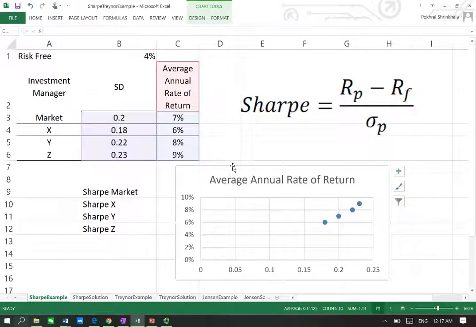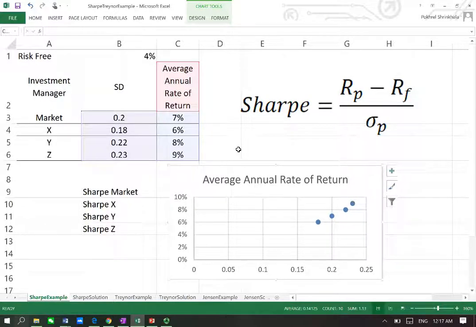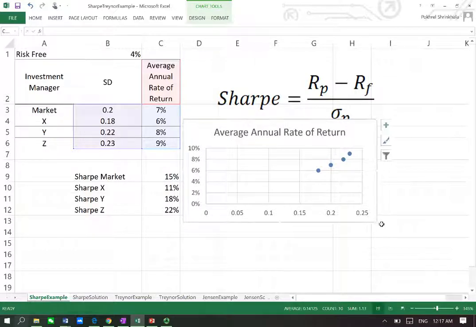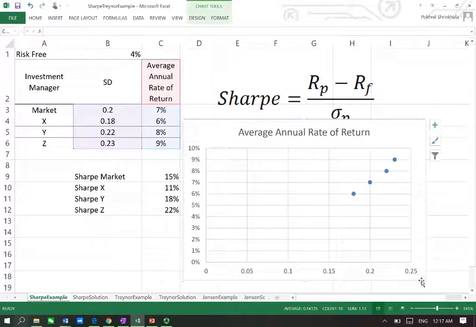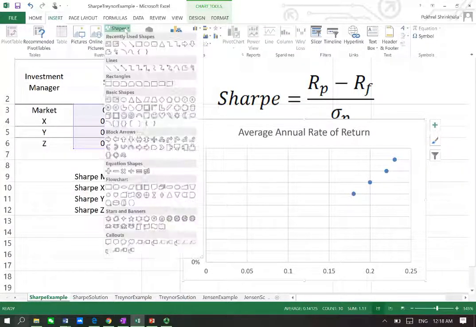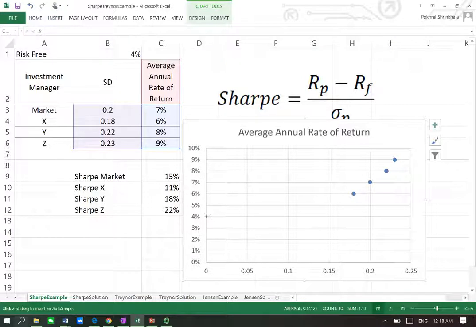I can reduce this space here like this and increase a little bit, and now I know that the risk-free rate is 4%. So if I draw the line from 4 and the market is 7, which is this, then I should be able to see that there are two managers which are doing better